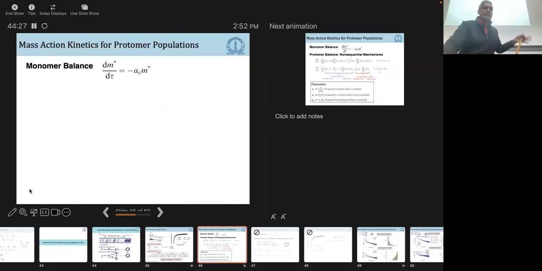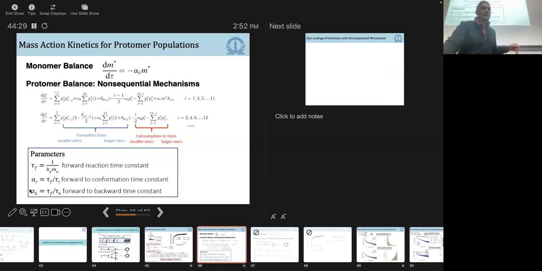So again, we write kinetic equations down. I'll run through this quickly. We do a monomer balance: the disappearance of the monomer from the bulk by binding, and then a conformational change that takes place from monomer to protomer. So the M converts to a P, and then you write down kinetic equations for P. I'm sorry, this is in a condensed form, but essentially it's a balance on all the monomers. And you can write these for different kinetics, that is, for sequential or non-sequential and so on.